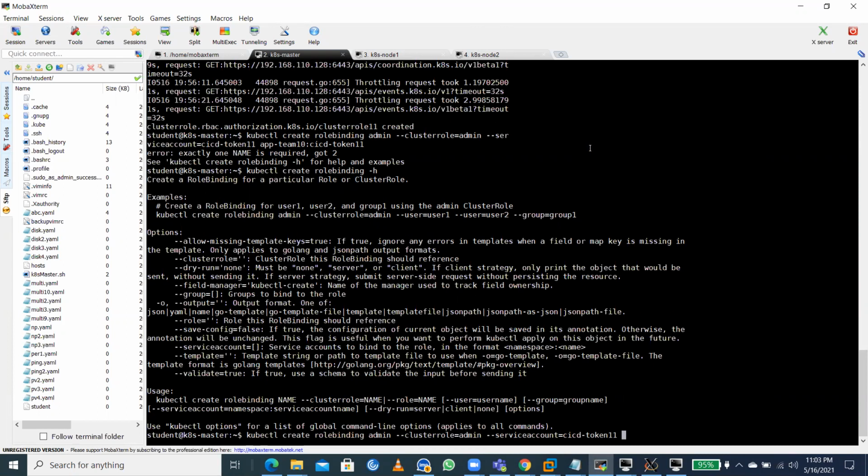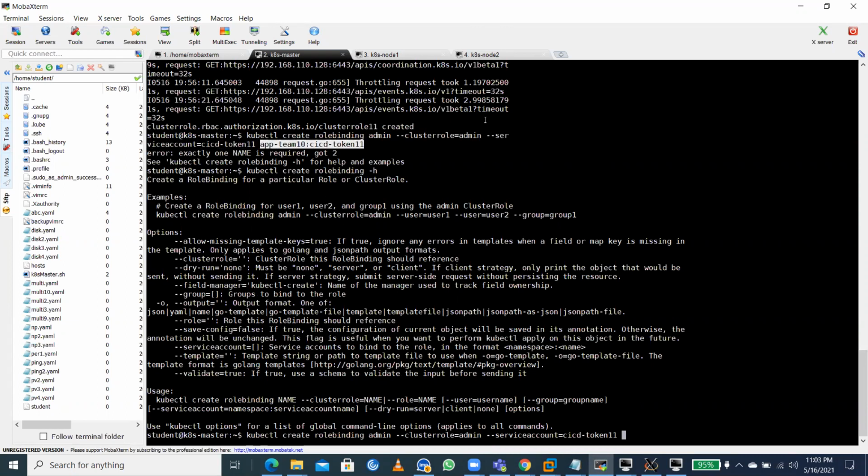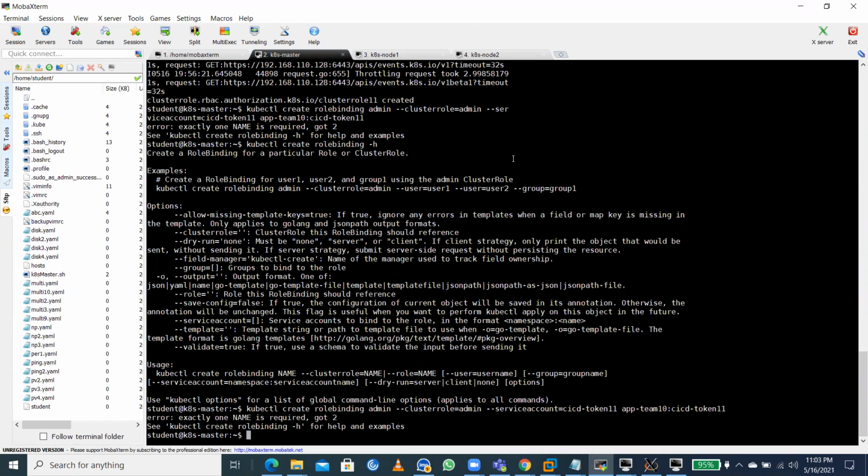Okay, next is, once you do this, I think cluster role, let me use this one now. Binding, we use this syntax. kubectl create role binding, role binding name hyphen cluster role admin. Okay,